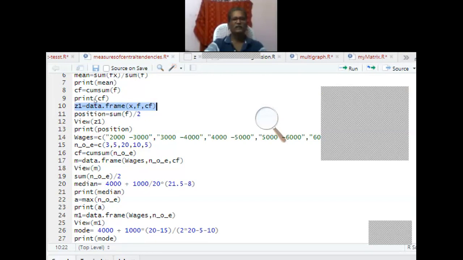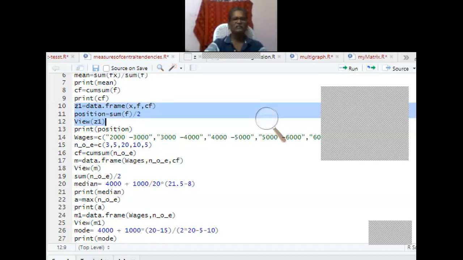I'm calculating the X column, F column, and cumulative frequency column. I'm calculating the position for median, sigma F by 2. And view Z1, I mean, I'm viewing the data frame.